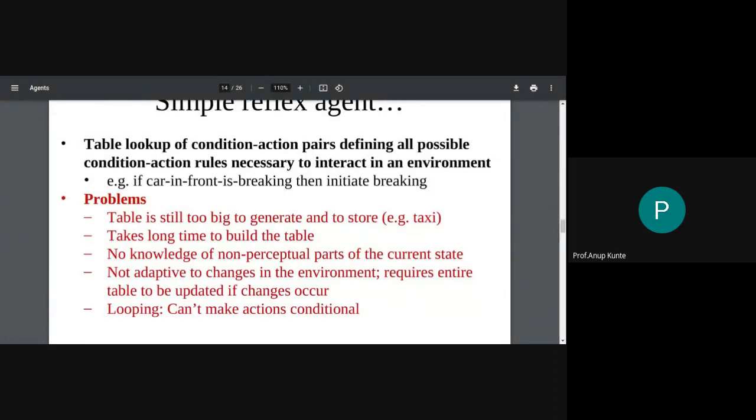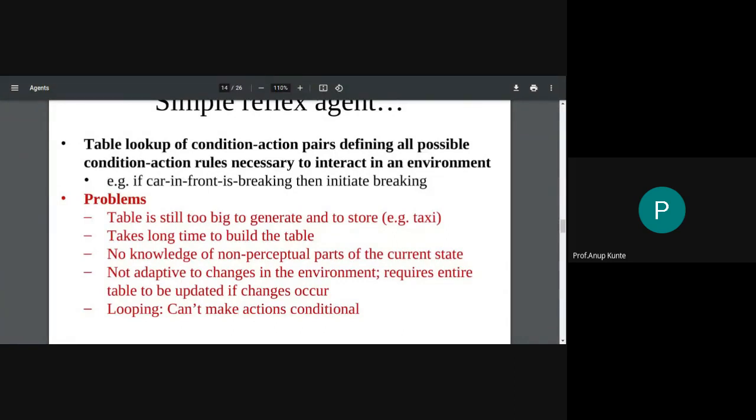So I'm trying to reduce my burden of accumulating all sets of percept sequences, but I still need to create a data structure called condition action rules in advance, before the agent starts interacting in the environment. If I do not have condition action rules defined properly, then for some of the environment percepts, I will not be able to translate them well into the corresponding rule. I won't be able to fire the corresponding rule for that scenario. Okay, so that's a drawback